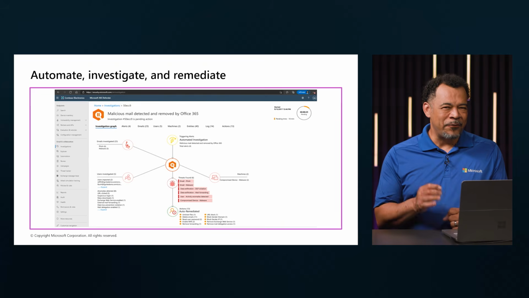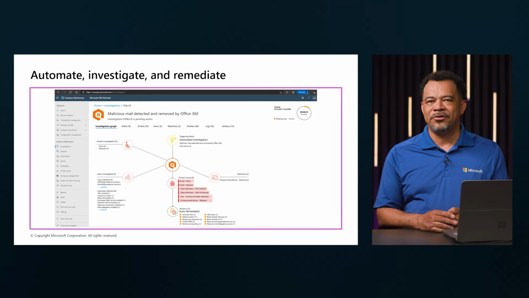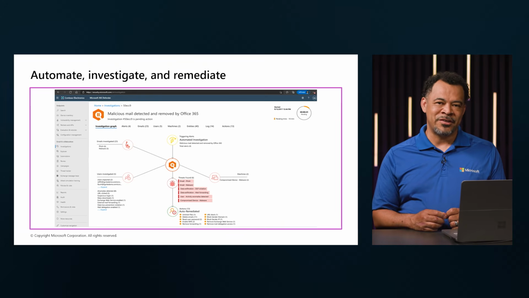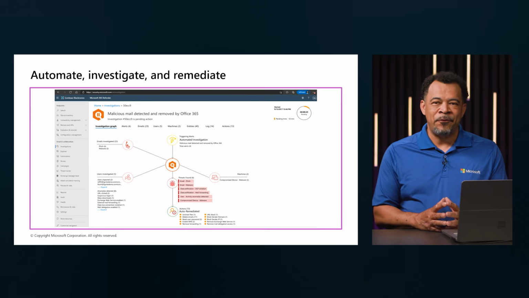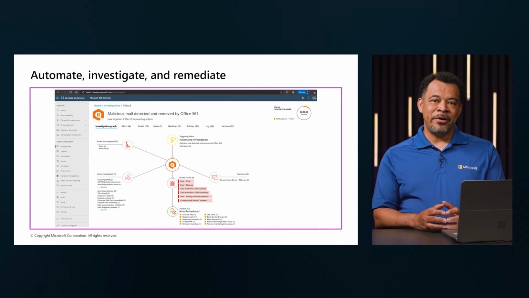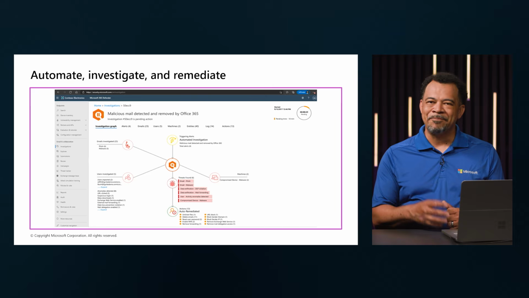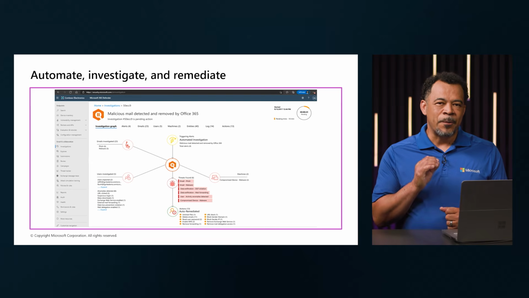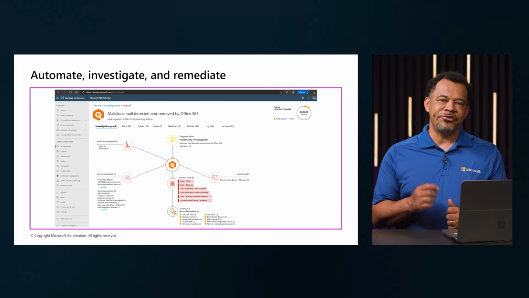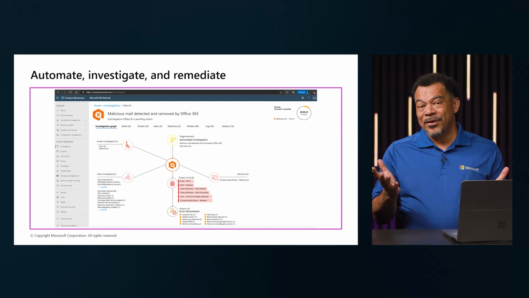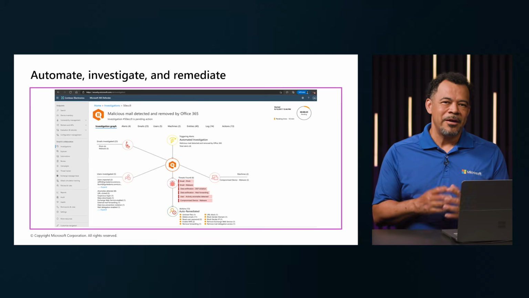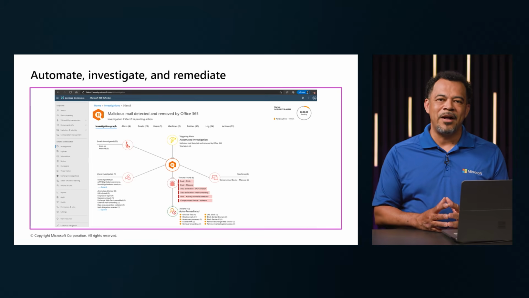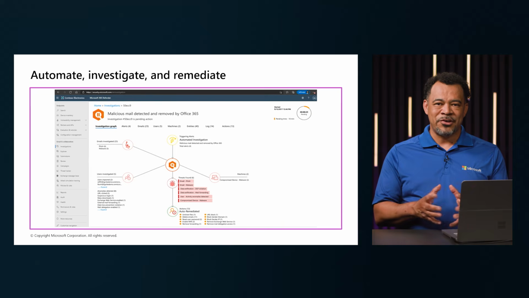AIR significantly reduces the time to respond to threats, helping organizations contain attacks faster and with fewer resources. It also integrates with other Defender components like Defender for Endpoint and Defender for Office 365 to provide a unified cross-domain response. This automation helps security teams focus on high-priority threats while maintaining strong protection across